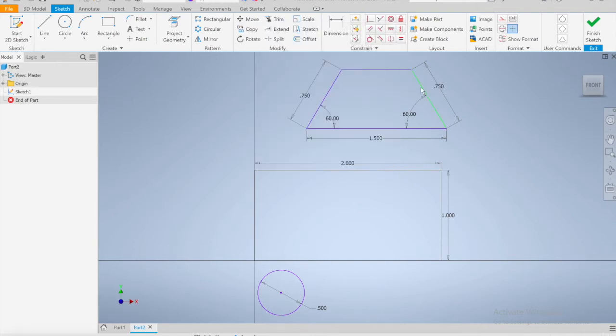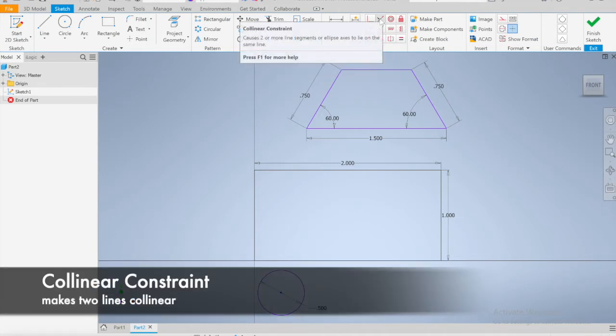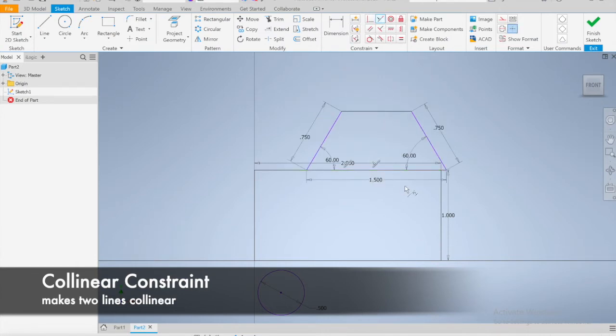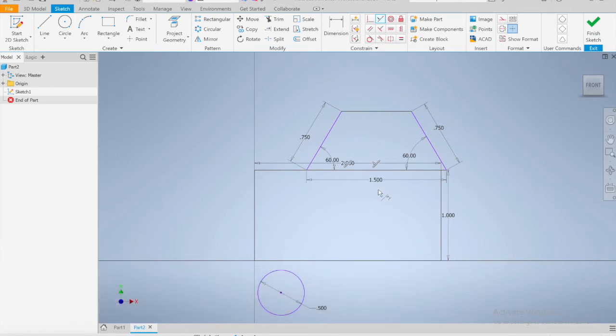Today we're going to be turning Chris's assortment of shapes into a car. The way I want to do that first is by putting this trapezoid that we've made on top of this rectangle. So the constraint that I'm going to be using to do that is first the collinear constraint, and I just drag this one on top of that. I click one line, click the other line, and then I click escape to get rid of it. Then the next thing I'm going to do to make sure this is lined up in the correct place is a